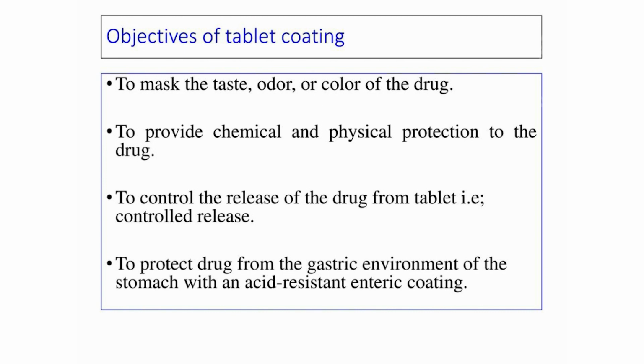Objectives of tablet coating. The different objectives of tablet coatings are: number 1, to mask the bitter taste and unpleasant odor of some drugs; to improve product appearance for aesthetic or commercial purpose; to prevent drug-induced irritation at a specific site within the gastrointestinal tract; to protect the drug from the external environment; to enhance ease of swallowing large dosage forms; to reduce the risk of interaction between incompatible materials; and to retard loss of volatile ingredients.